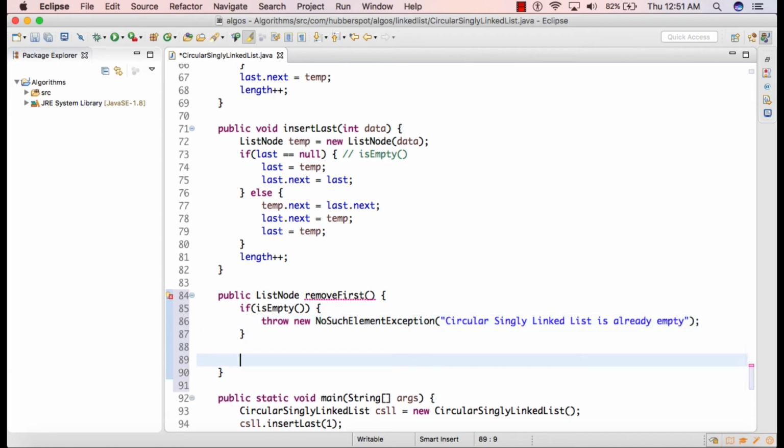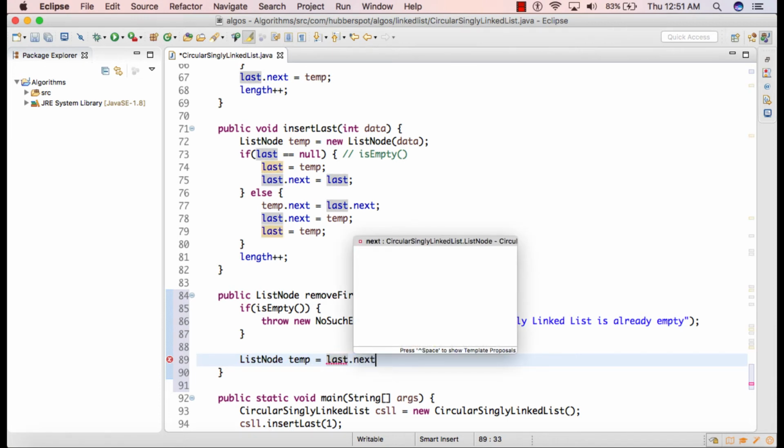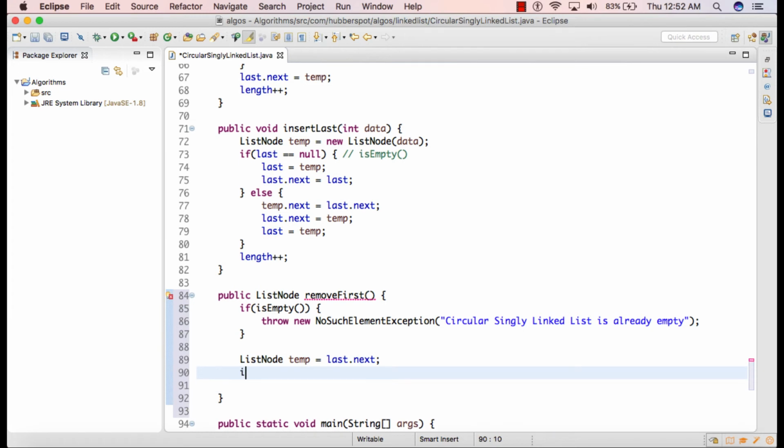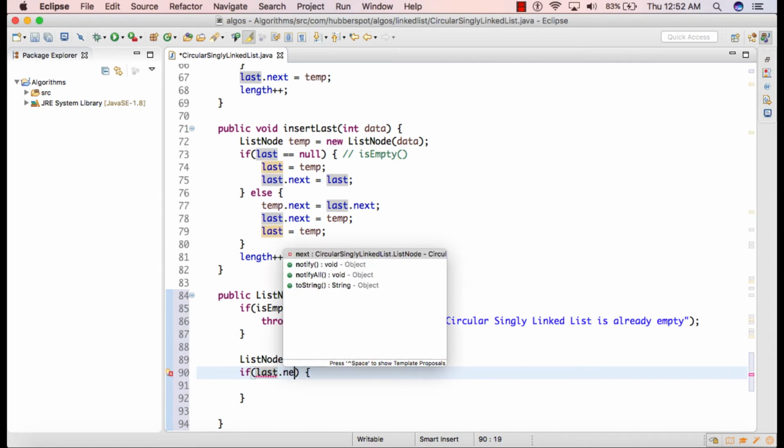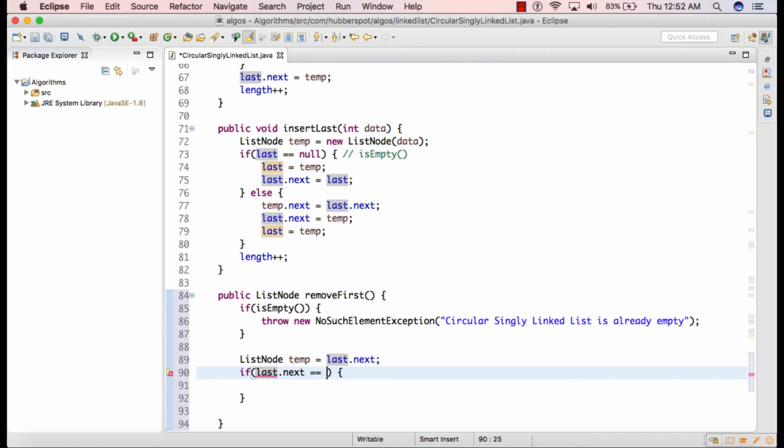And if the circular singly linked list is not empty, then the first step we do is we create a temp ListNode and we assign the value of last.next to it, and then we provide an if else block. So in the if block we provide a condition of whether last.next is equal to last or not.